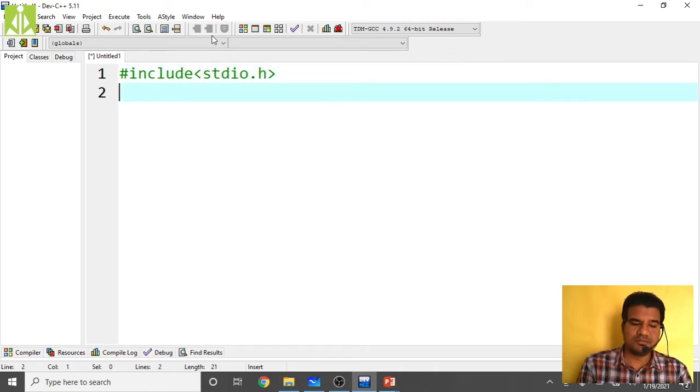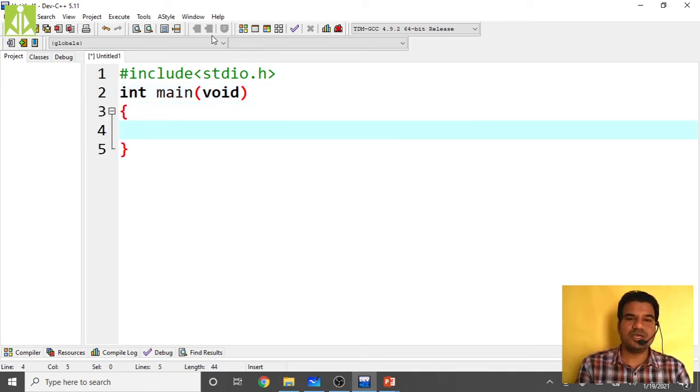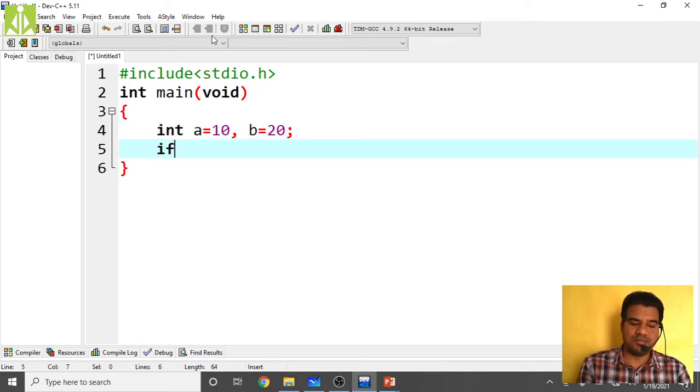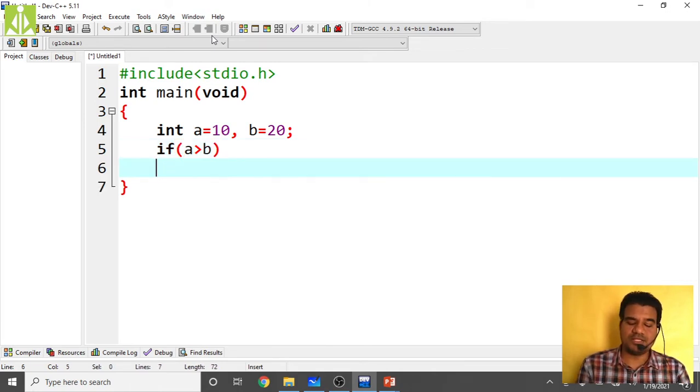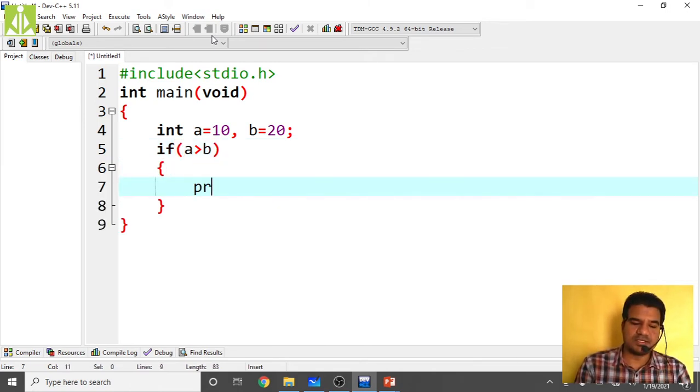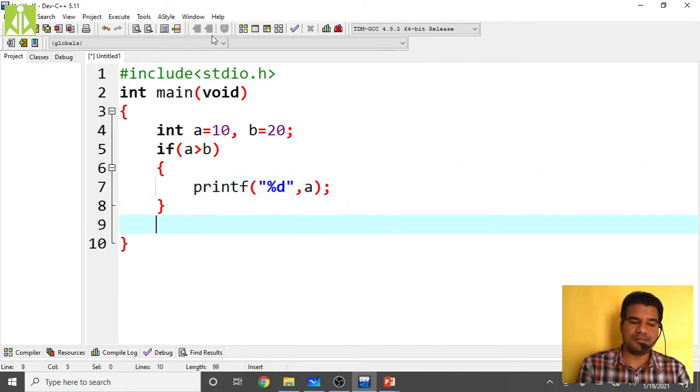Here I am taking two variables, int a equals 10, b equals 20. Then I am framing the condition: if a is greater than b, printf percent d, comma a value you print. Come out of this and printf percent d, comma print b value. Like this.